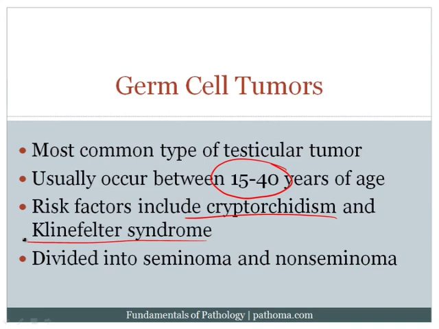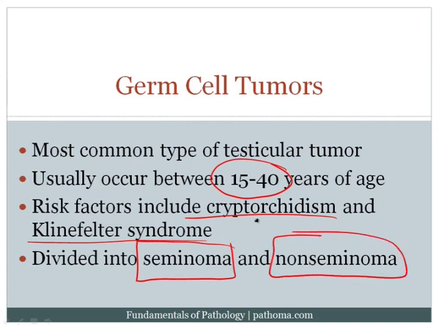And finally, the germ cells have the ability to make additional germ cells. Now, in the ovary, that was called a dysgerminoma. However, in the testicle, that is called a seminoma, as if it contains sperm or germ cell-like cells. Now, in the case of germ cell tumors within the testicle, remember that all are malignant. And we divide germ cell tumors into seminoma and non-seminoma, and this is a major division in our understanding of germ cell tumors. And that's because seminoma usually responds to radiotherapy, metastasizes late, and has an excellent prognosis, versus non-seminoma, which has a variable response to treatment and metastasizes early.